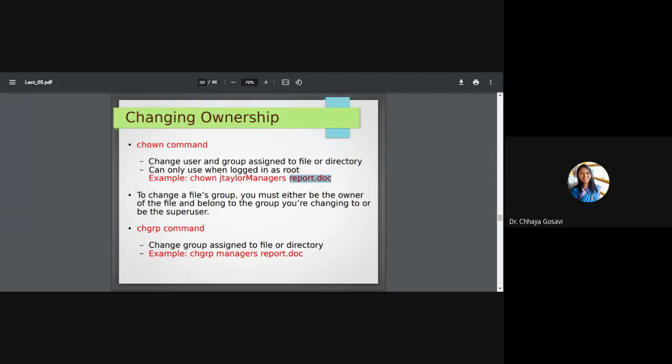So what will be the command? It is chown, then the new owner, say Chinmay, and the file name hello.c. So what will happen now? Now Chinmay is the owner of hello.c. And what about me? Am I also the owner or no?